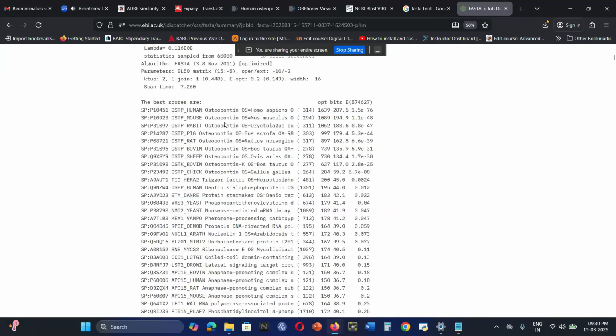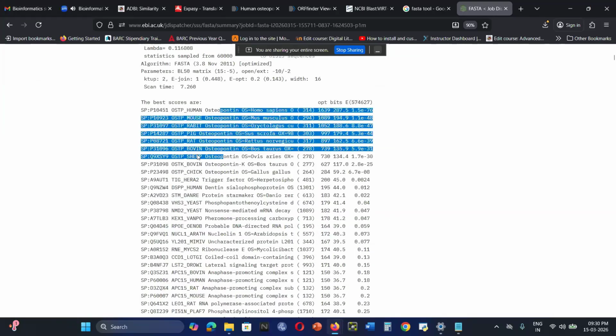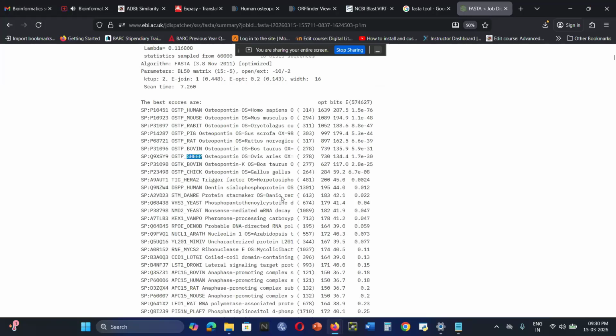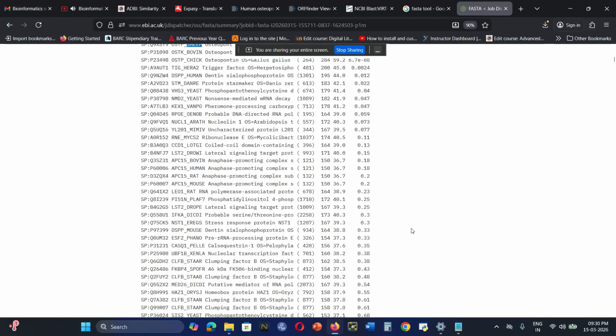So this is the tabular list, which shows the different organisms that are similar to our sequence of interest. So this is the second part: local alignment, global alignment,